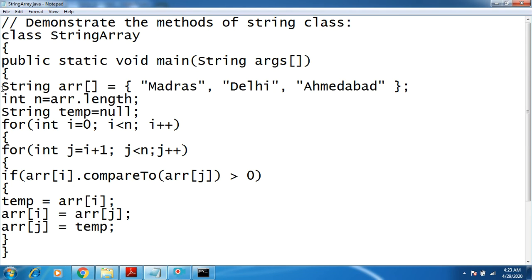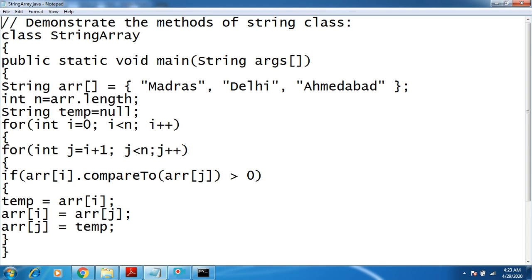String, where S is a capital over here, and this String class consists of a number of methods. Like you can go for the compareTo function, the copy function, the concat function, and if you want to find the length of the string, the length function is available.